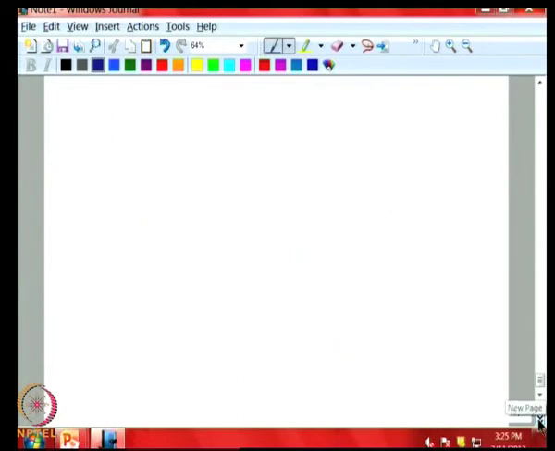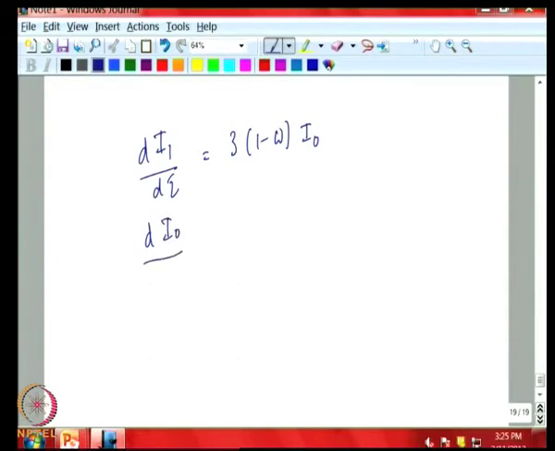Now, we will get two coupled equations for I 0 and I 1, which involve 3 into 1 minus omega I 0, and this will be 1 minus omega g into I 1. So, we can eliminate I 1 from these equations and you will get a single equation for I 0,